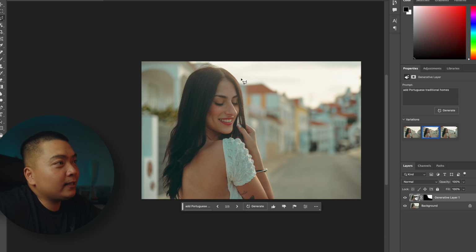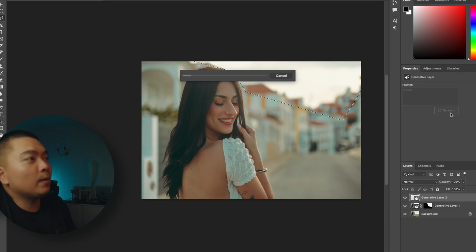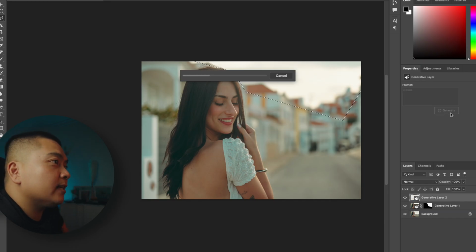However, I still don't like these blown out clouds right here because it's just so distracting. So I'm gonna go ahead and go in and remove that. Let's see if it works this time. Okay, there. I'm gonna prompt clouds to see if it adds in clouds, because I find that bright white overblown sky to be so distracting sometimes, because it's